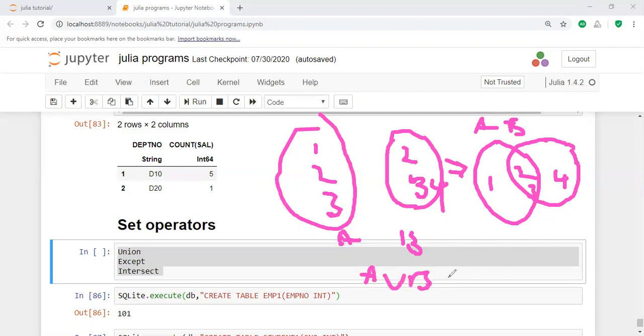What is the A union B value? 1, 2, 3, 4. These four numbers are called the union values.